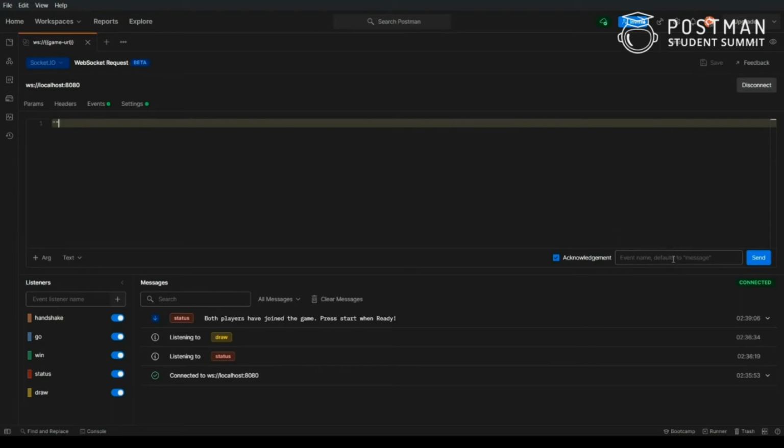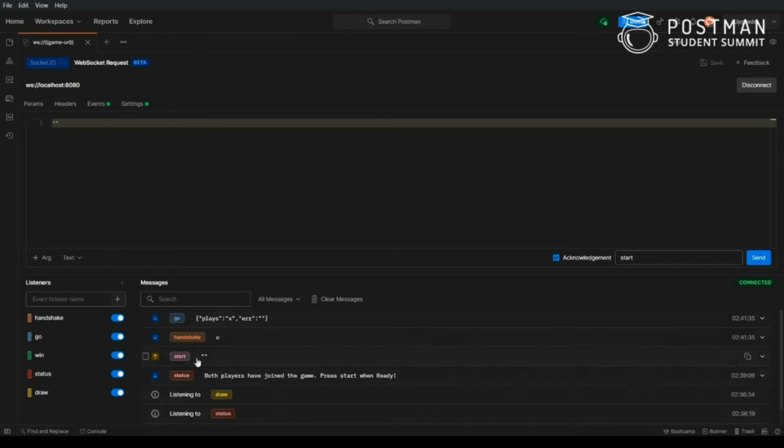You can always set the event here to which the data has to be transmitted. By default, it uses the message event, but I don't want that. So I'll just type start here and click send.